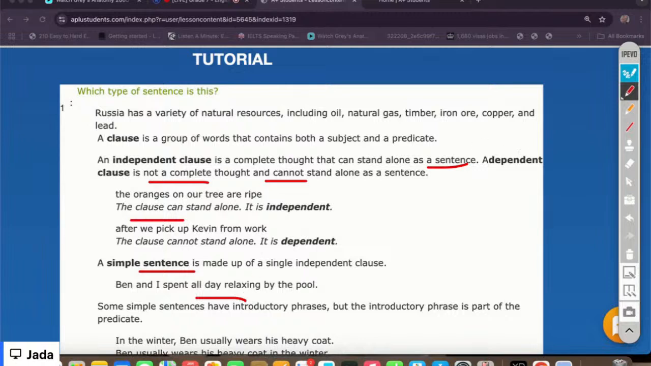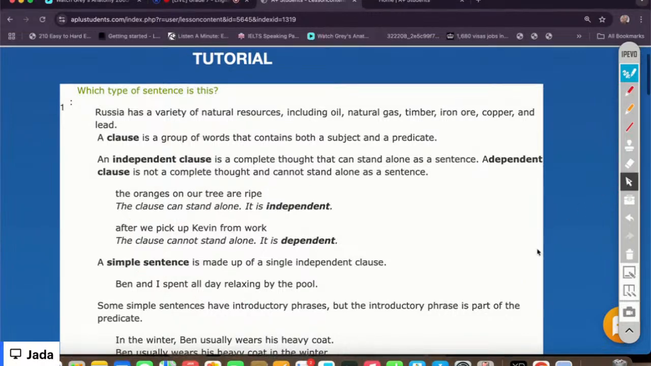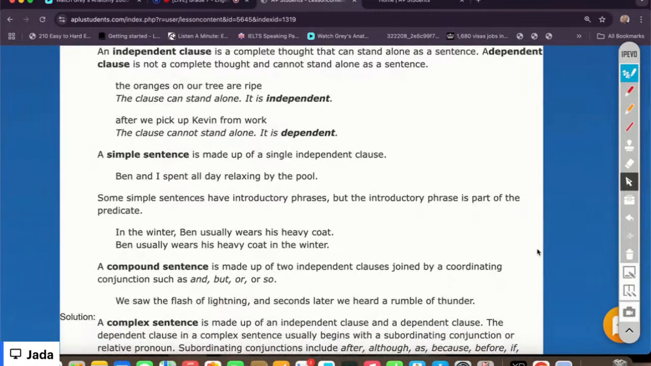Now, some simple sentences have introductory phrases, but the introductory phrase is part of the predicate. Okay. Like, in the winter, Ben usually wears his heavy coat, and Ben usually wears his heavy coat in the winter. Okay, so that's it for the simple sentence. Just take note that it is independent. Okay. So we have